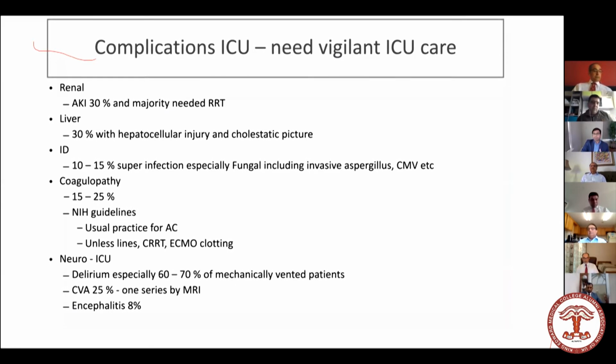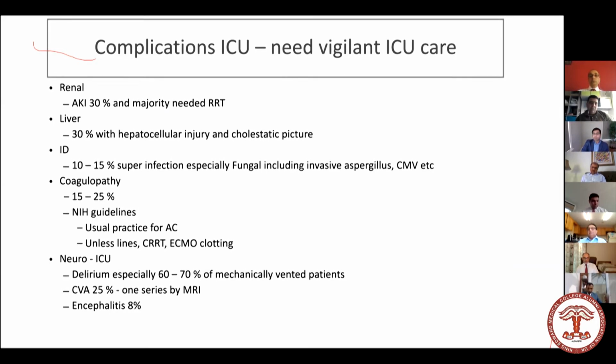So most of these patients would survive the respiratory component of it, but then they'll die from something else, or there are some other comorbid conditions that happen. Renal failure is very common. Liver transaminitis or a cholestatic picture is very common. ID: because we were a center for tocilizumab, although we don't know because it was a randomization, we have a tremendous number of fungal infections, aspergillus, and a lot of others, including CMV pneumonitis and CMV colitis. So again, you have to be vigilant so you can pick it up early and treat.